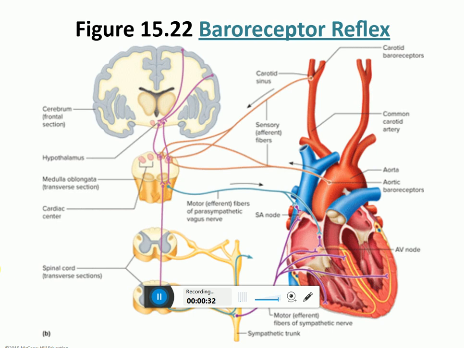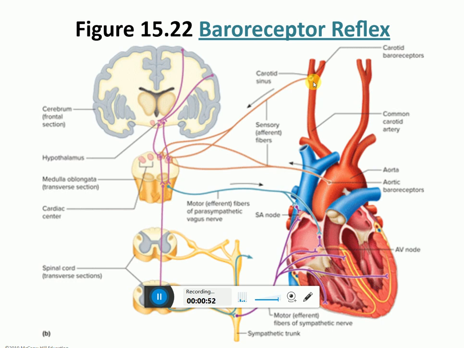So let's take the story from the very beginning. Where are these receptors? These receptors, again called baroreceptors, are found in the arch of the aorta. Okay, so that's the arch of the aorta. So we have baroreceptors in here. And we also have baroreceptors all the way up here, and